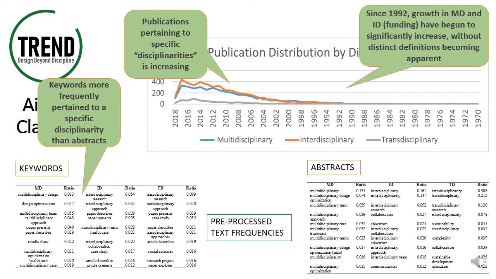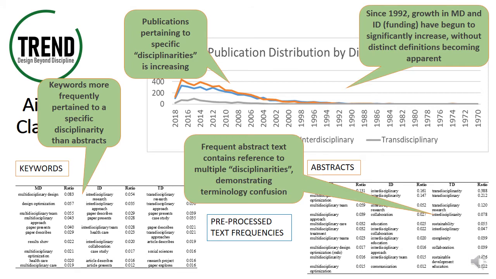Keywords are self-selected by researchers and often pertain to a single disciplinarity, but abstract text can illustrate references being made by researchers to multiple disciplinarities. This is shown in the frequently occurring terms extracted in our samples, especially for interdisciplinary and transdisciplinary work. This, together with cited confusion about disciplinary differences, means we need to better understand them if we are to increase methods for TD engineering, hence the need to establish clear definitions.